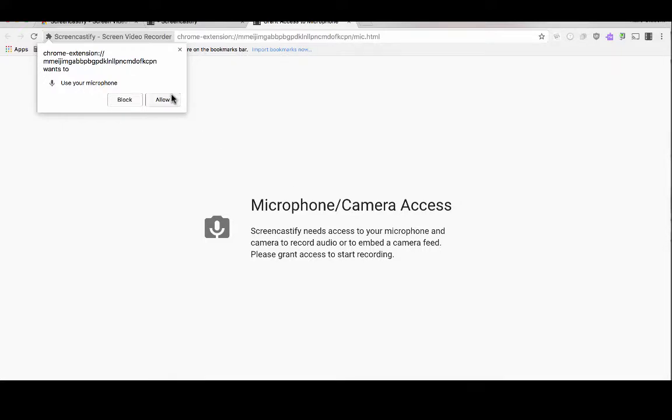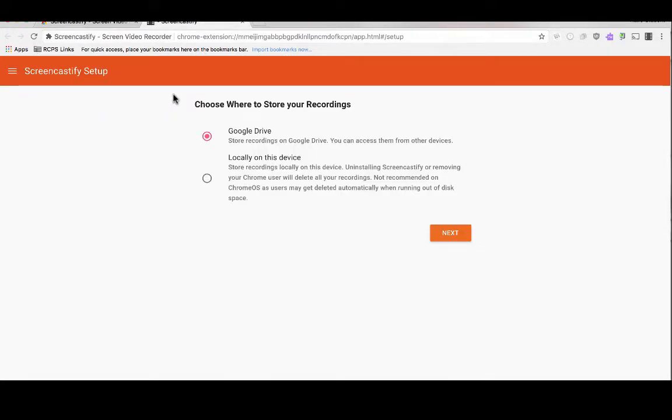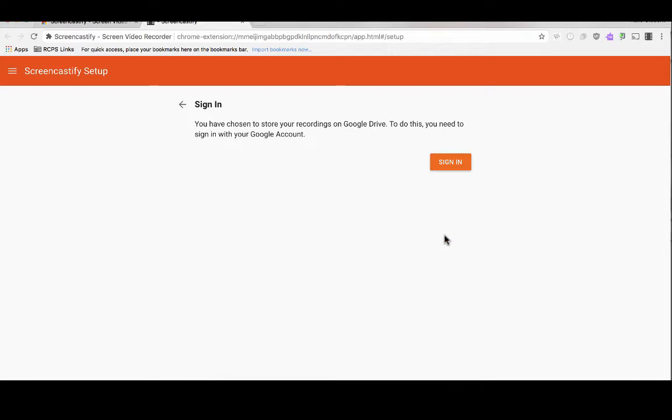Make sure that you allow your microphone. And since this is a Chromebook district, we are going to recommend that you use your Google Drive, and this is great because it will automatically have a web link address. You don't have to worry about uploading it to YouTube. So I'm just going to sign in,